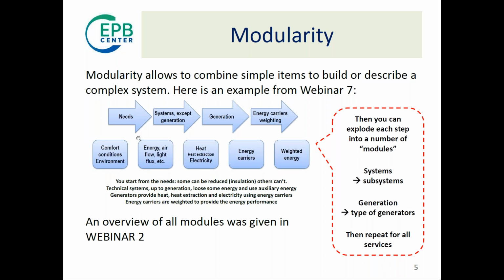And for example, in webinar 7, you have this sequence. We start from the needs, then we have systems, and we deal with generations, and we weigh the energy carriers. If you want to have it modular, you make this in pieces, and for systems, you will have different pieces for different services, and in a system you will have emission, distribution, generation, storage, and you deal with all these individually. And there are several ways to break this up into pieces and to explode each step into a number of modules. So you go from system to subsystem, and for generation, the different types of generation technology, I mean boiler, heat pump, solar, and then you repeat for all services, and not to mention the building and also the other